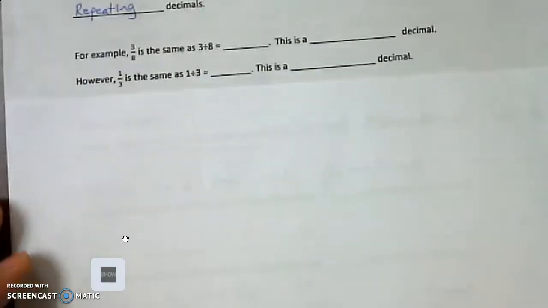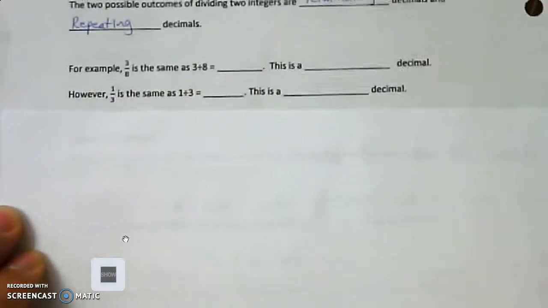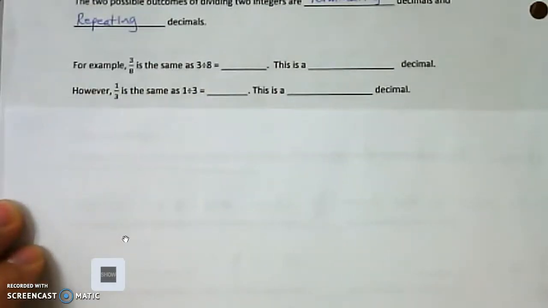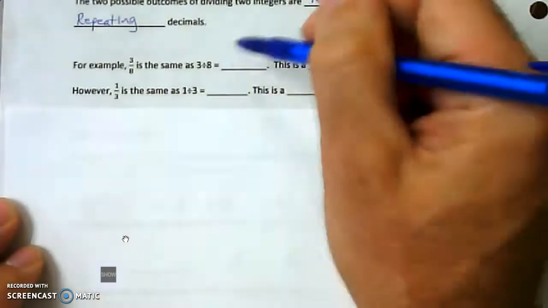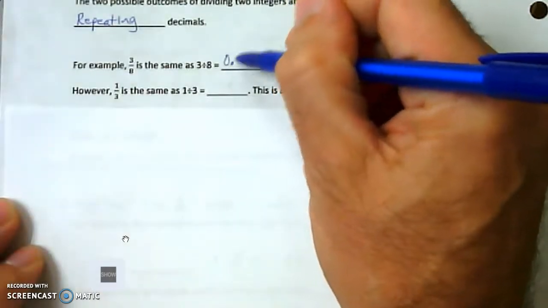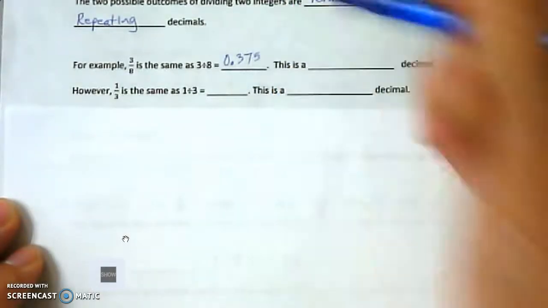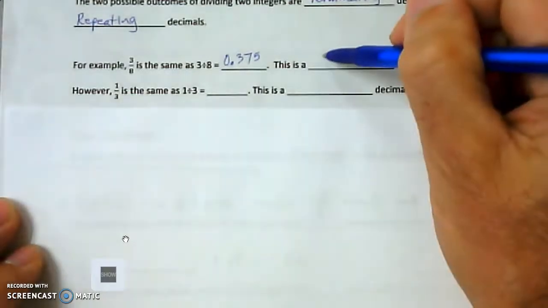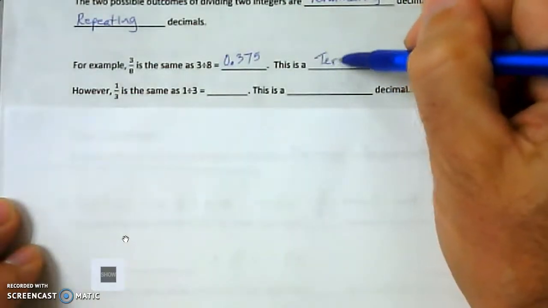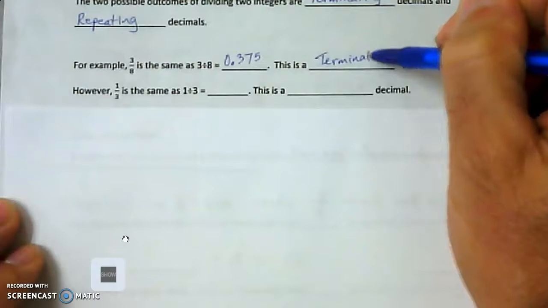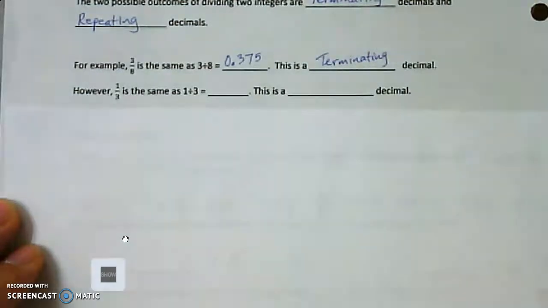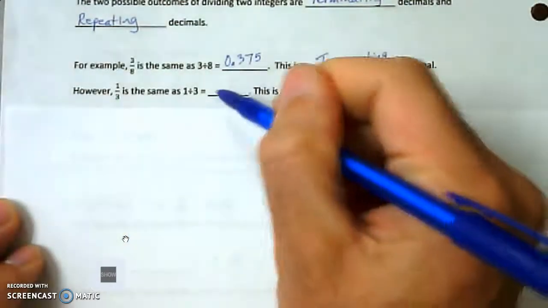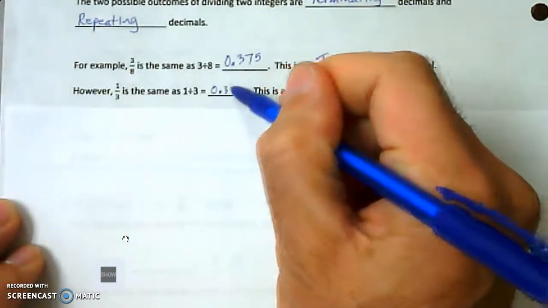When you divide a decimal or a fraction, you're going to get a decimal. Okay, so 3/8, if I divide 3 divided by 8, I get 0.375. Just like that. That's what it would look like in a calculator. Okay, this is a terminating decimal. It stops. If I divide 1 divided by 3, I get 0.333